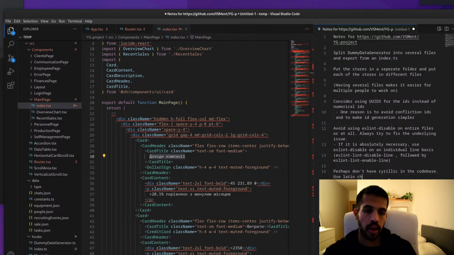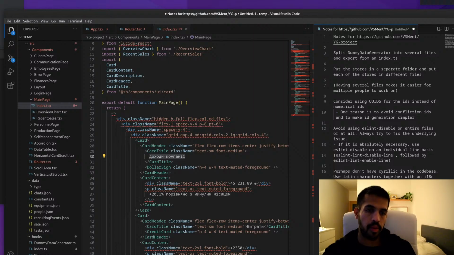Use Latin characters together with i18n, translation with an internationalization library, and store the non-Latin text as translation strings.